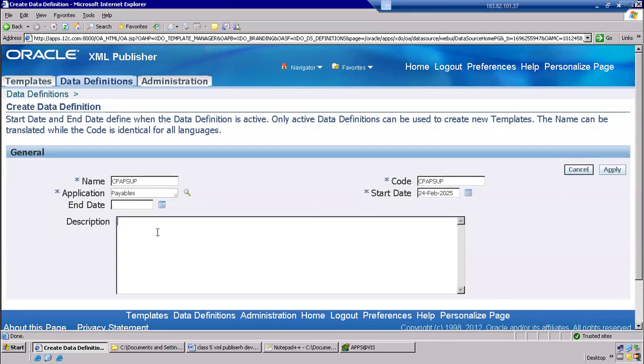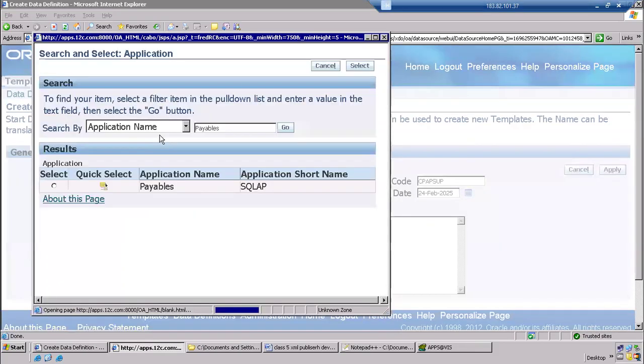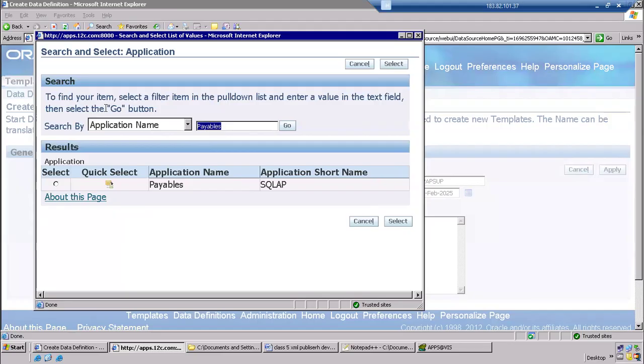If your query has OE_ORDER_HEADERS or OE_ORDER_LINES, you have to give order management here. If your query has MTL_SYSTEM_ITEMS, MTL_ONHAND_QUANTITIES, or MTL_MATERIAL_TRANSACTIONS, which are inventory related, you can go with inventory here. So all the modules are available here. If you click on this and click on go,